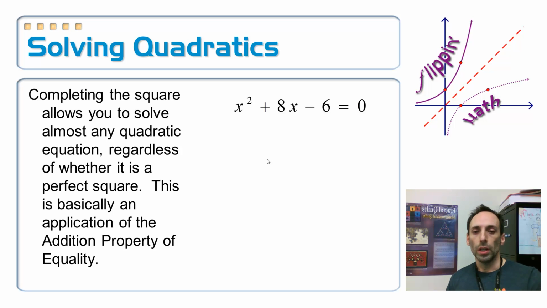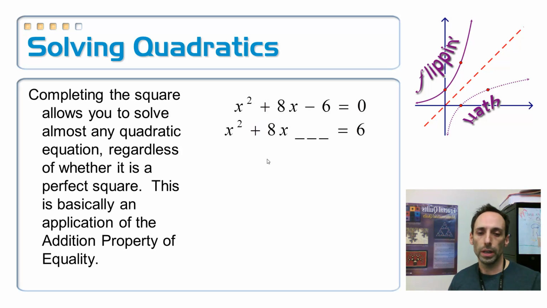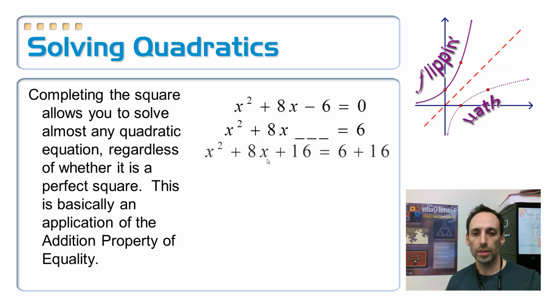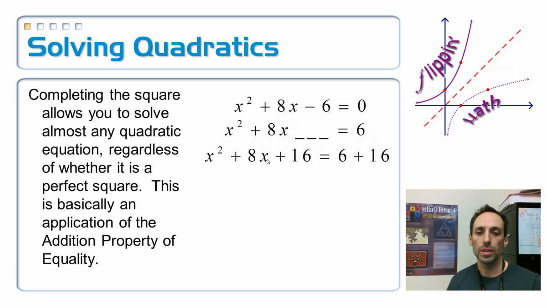Okay, so look at that quadratic equation. I want to separate out the variable terms from the constant term. Take that 6 and add it over to the right-hand side. In order to make this a perfect square trinomial, I need some number that's going to complete that square. That's why I have a little blank right there. How do I get that number? Well, I take half of the 8, which is 4, and I square it, and it's 16. So the next step is I'm going to add that 16 to both sides. If I add 16 to the left side, I have to add 16 to the right side